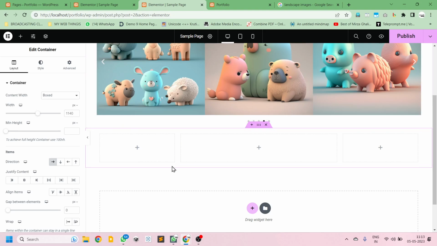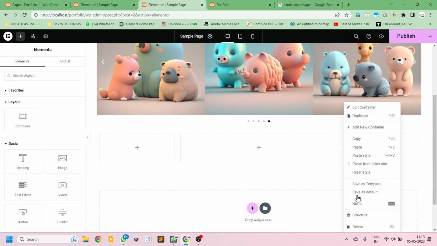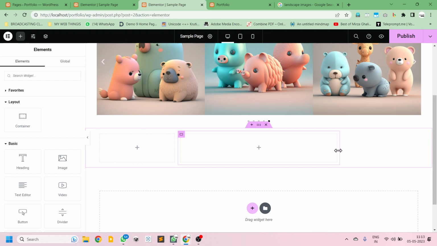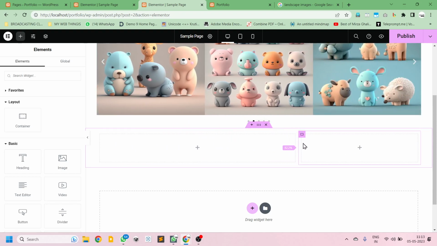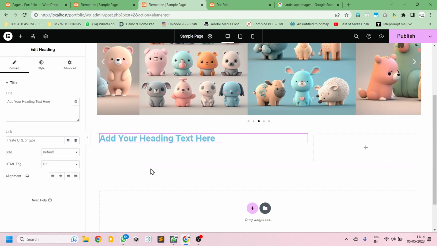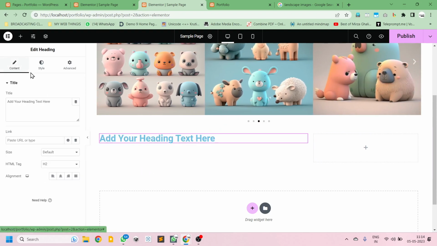So for these containers, you can drag and drop things in this. So let's say that I wanted 2 columns. So you can simply right click on it and then choose delete. Now I have 2 columns and I can adjust it by going in between them, pushing, pulling things here and there. And let's say I want a sidebar here and a heading here, and below the heading,